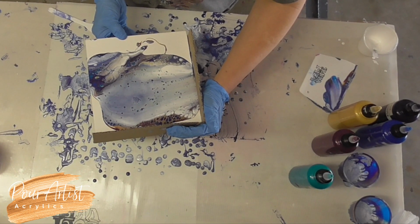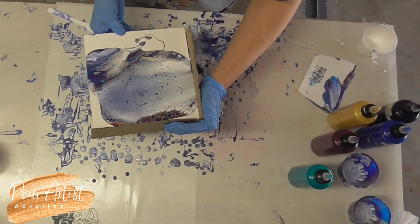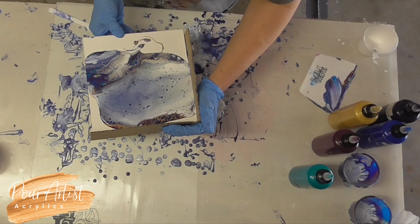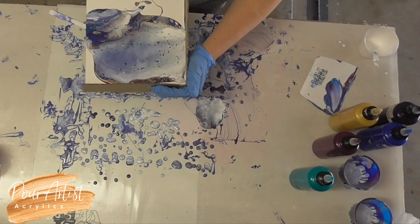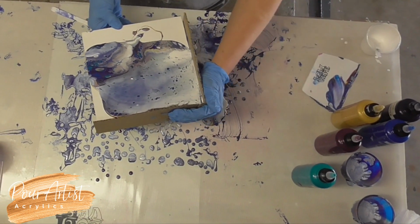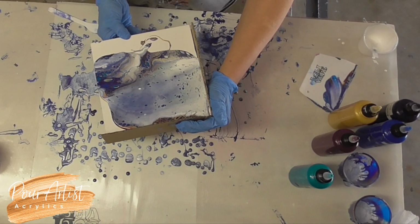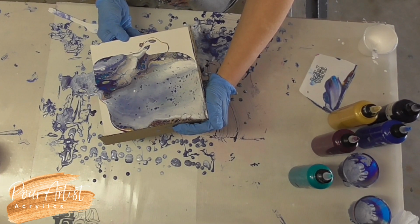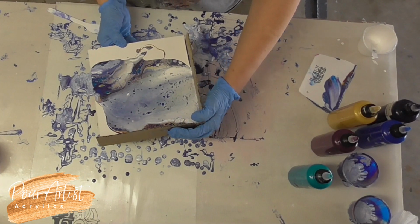So it kind of gives you time to decide what part of the design you want to lose going off over the edge. If it's on the very edge, you're gonna lose it sooner or later. You just have to get the excess paint off. But you can kind of preserve more of it by using some kind of corner catcher, which is most often just a folded piece of cardboard cut off a box,